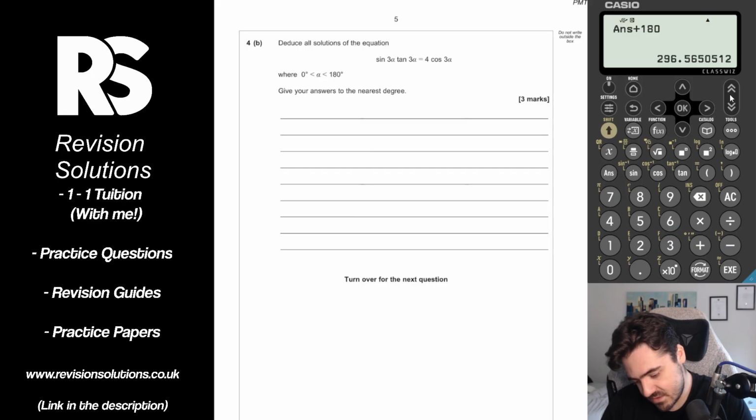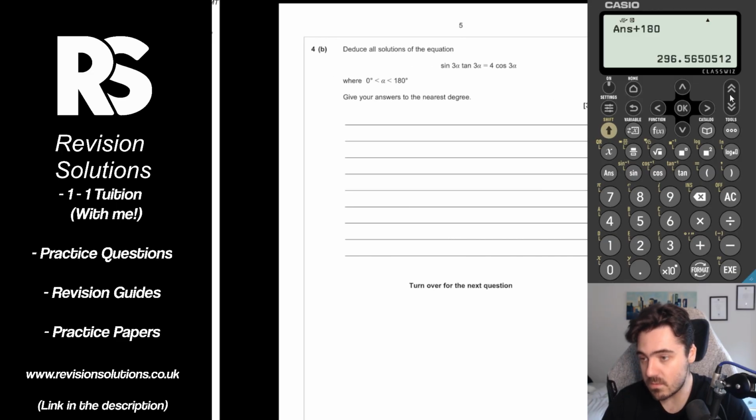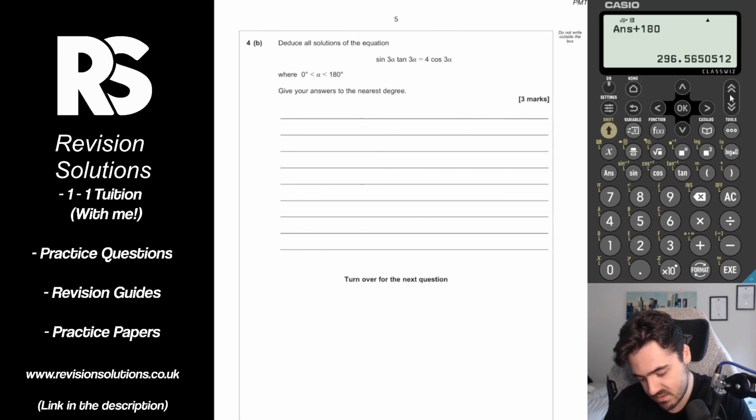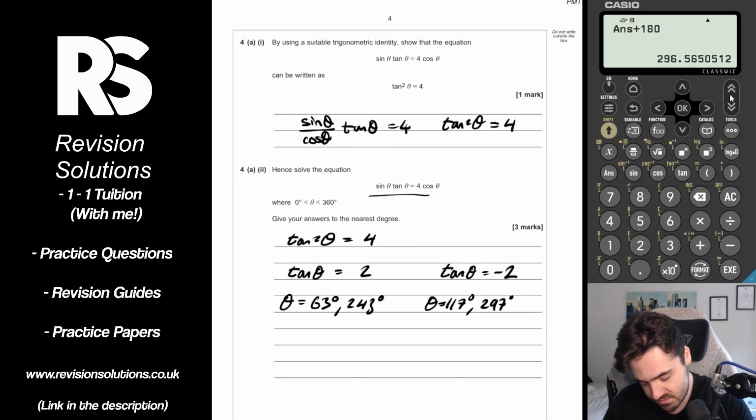Okay, so now it says deduce all the solutions of the equation sine 3 alpha tan 3 alpha equals 4 cos 3 alpha. And notice they say deduce, so that means we're not calculating. So our previous work's going to be important. And actually it's the same equation, except the theta has now become a 3 alpha. So if we take all our theta solutions,